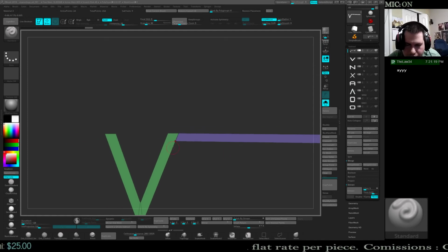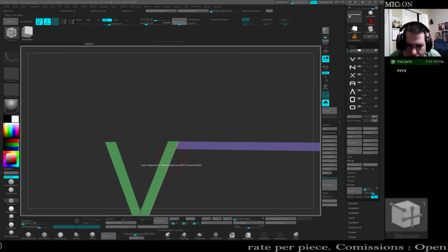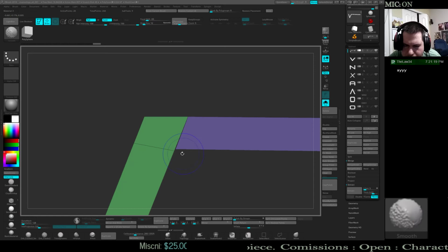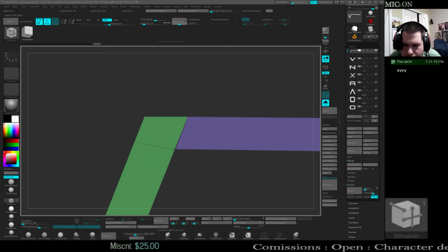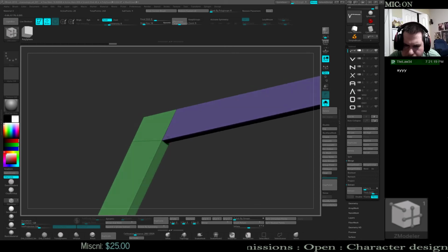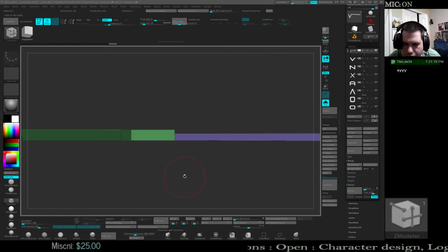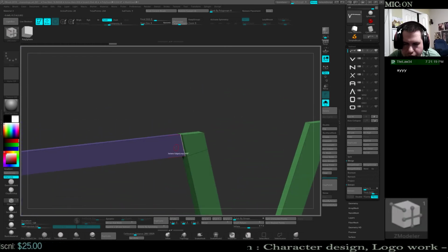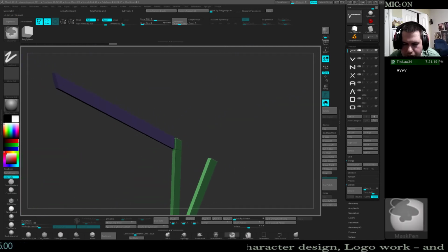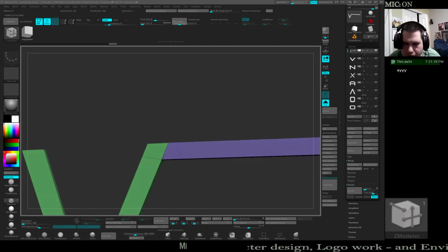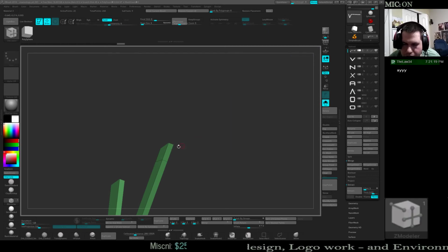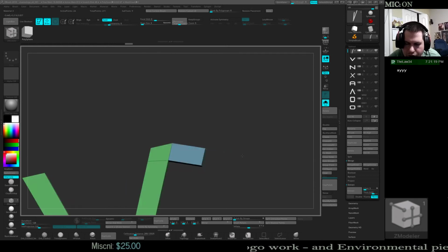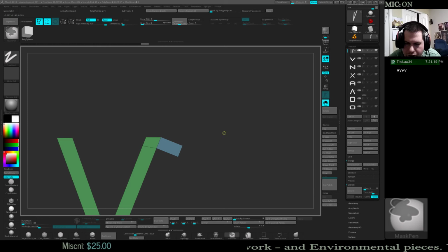Take perspective off so it's not throwing me off here. So that's pretty close, eh? I think rather than trying to just merge these, I'm just going to extrude this and try to match up the general shape of this.